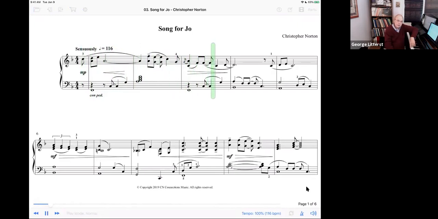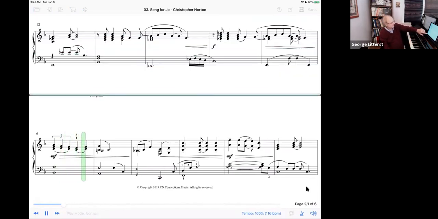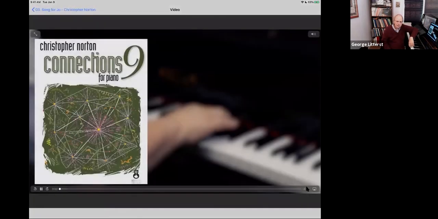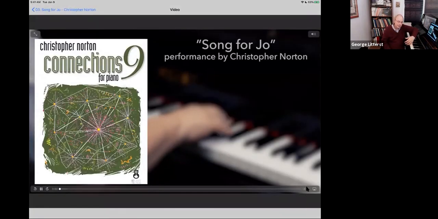From the Numeral level 9. And we've innovated in yet another way with a publication like this. You'll notice in the upper right corner next to the Parts button, there's a video button that we can tap on, and we can actually hear Chris playing this as a